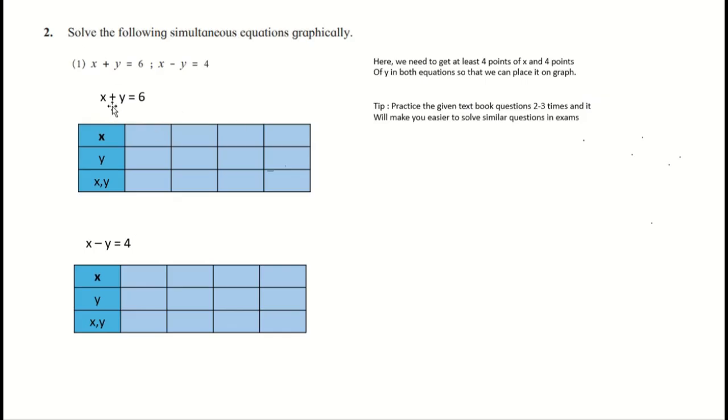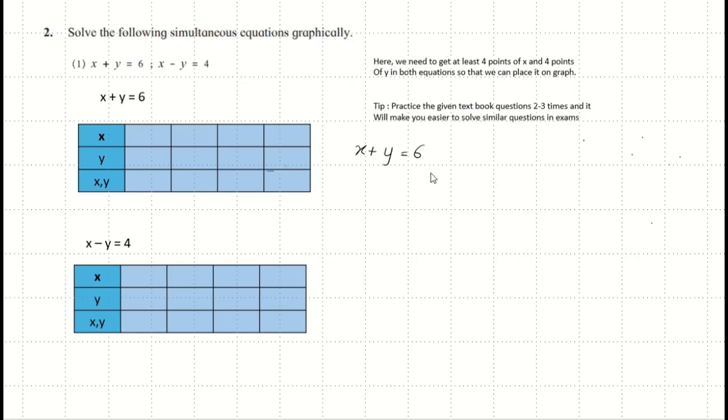The first equation given is x plus y is equal to 6. Here we need to find out all possible ways where x plus y is equal to 6. That is, we need to get two numbers, one for x and one for y, and addition of both the numbers should give us 6. So for the first equation, x plus y is equal to 6, we can take any two numbers. For example, we can take x as 0 and y as 6. On addition we get 6. So this can be one of the pairs that we can take for x and y, where on addition we will get 6.